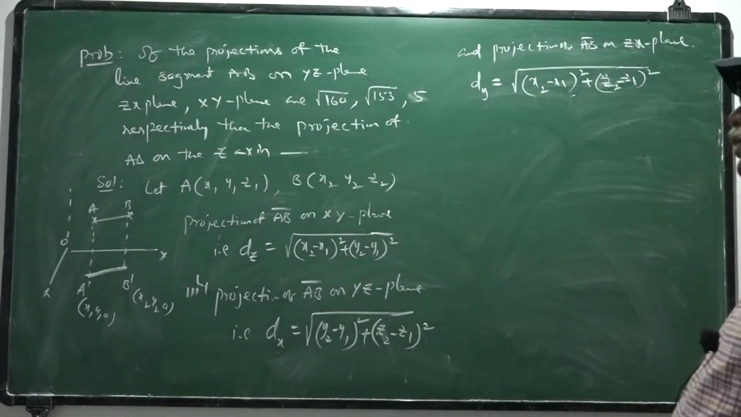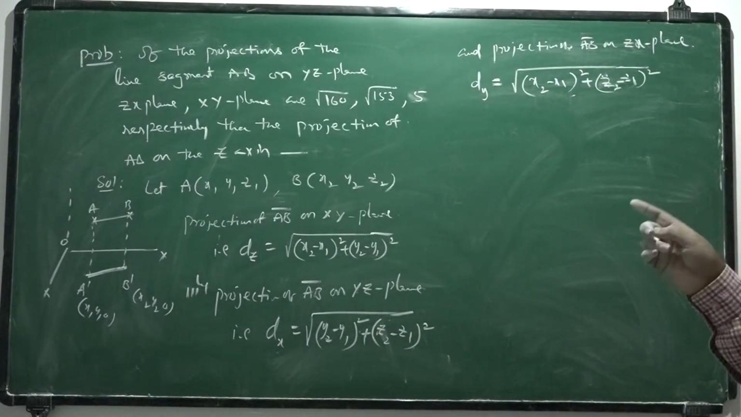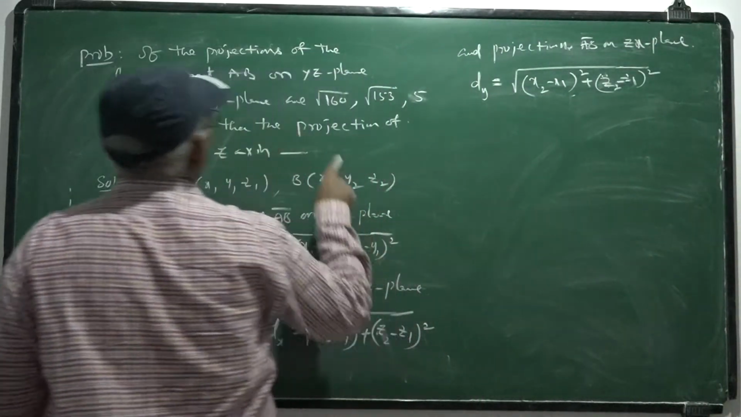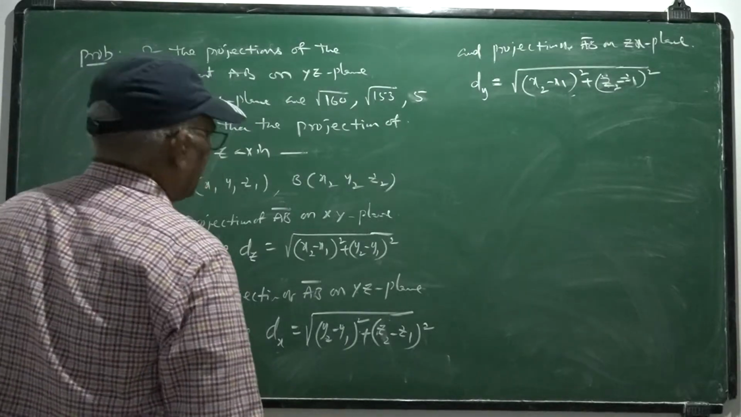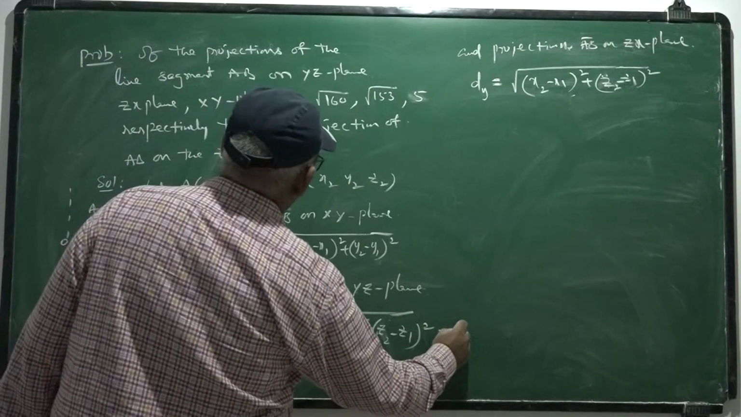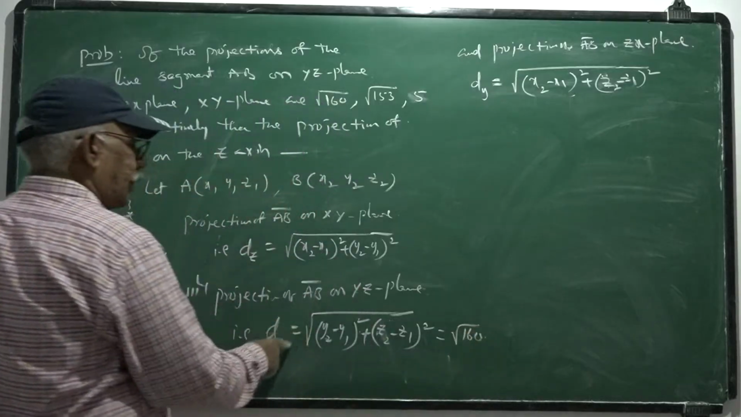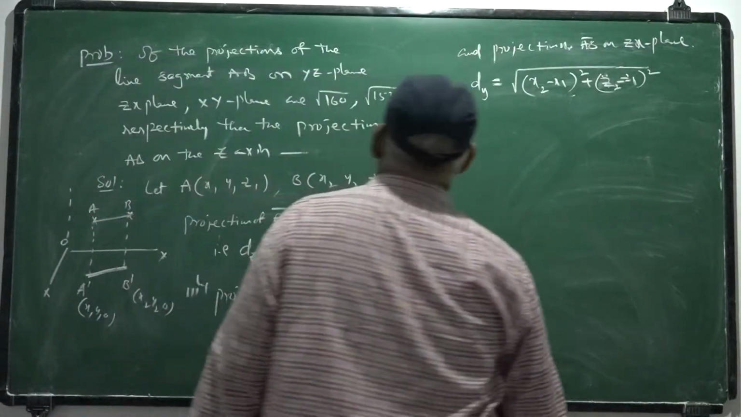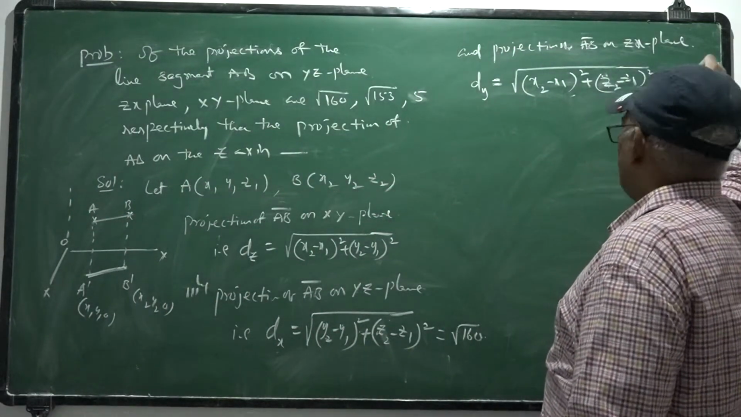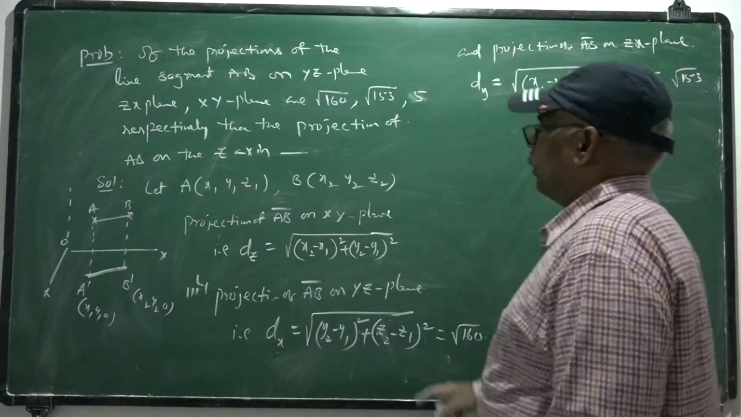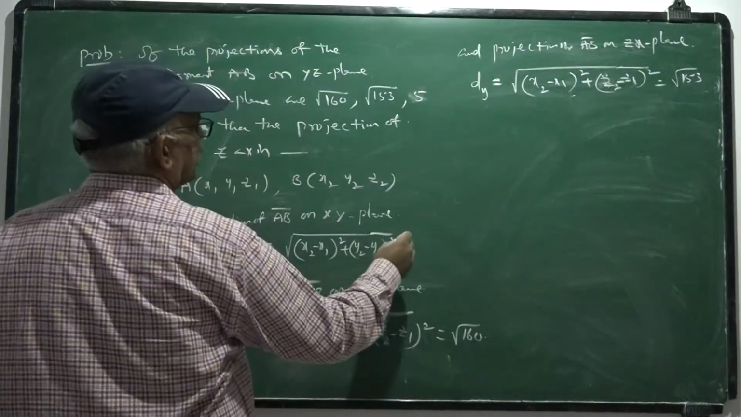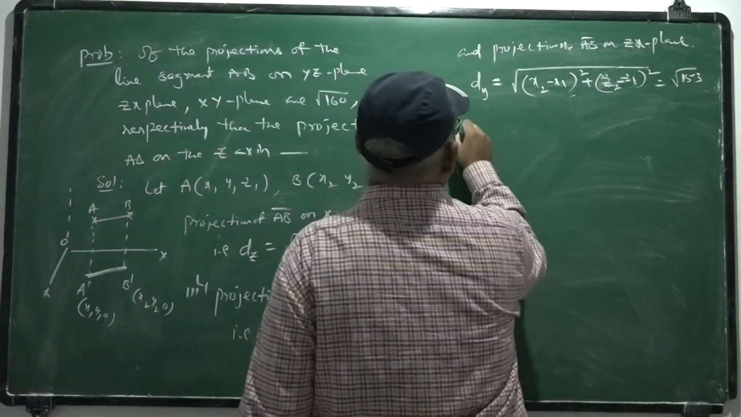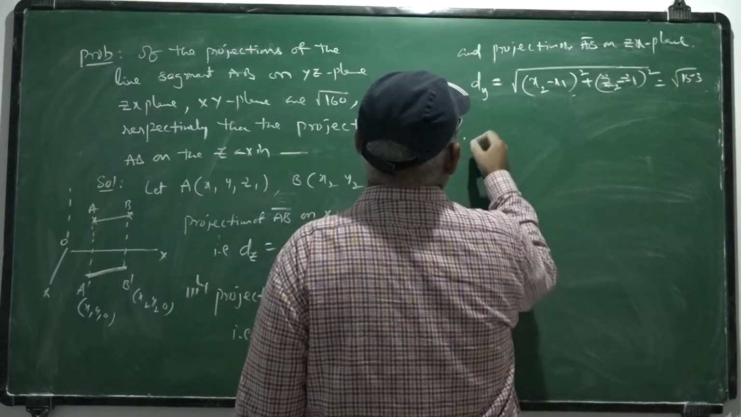These are the projections of the line segment AB on coordinate planes. One is given on XY, YZ plane. The projection is root 160 on YZ plane. And on ZX plane, dy is given as root 153. On XY plane, this is given as 5. So therefore, here